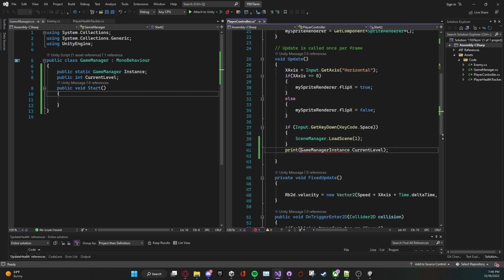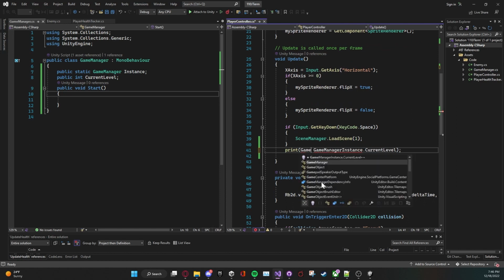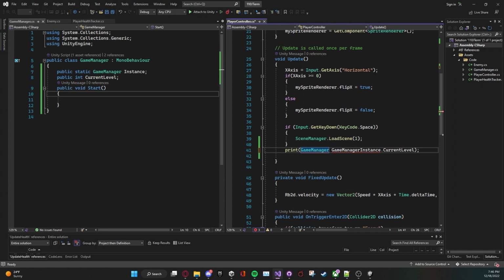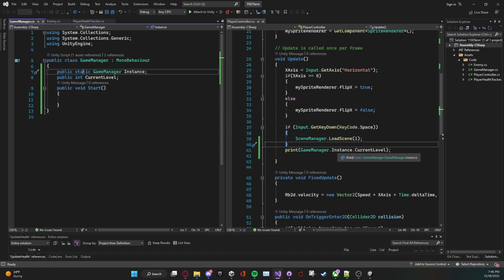I deleted the variable that I was interacting with here. But if I go GameManager, accessing the class itself, dot instance,